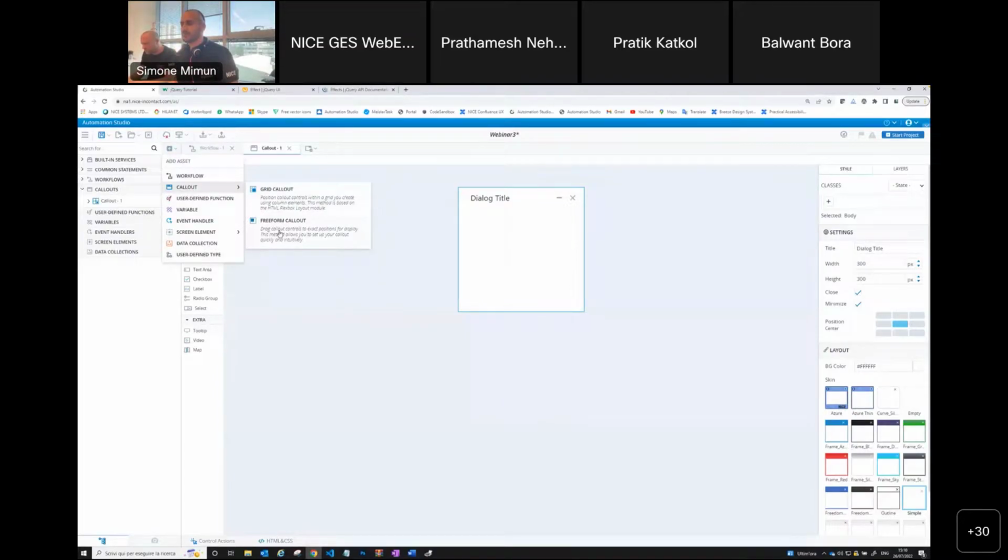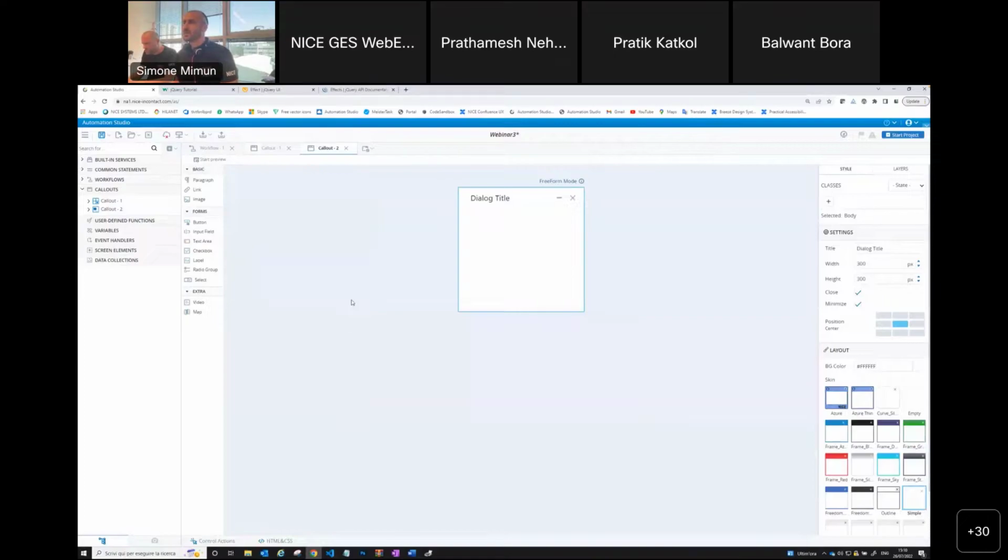types, grid and freeform. The third way to create a callout is just going here next to the last tab, click and add a new tab. For this case, once again, callout, and I can choose for grid callout, that's just to specify, is the default one, and the freeform callout. Once creating my callout,